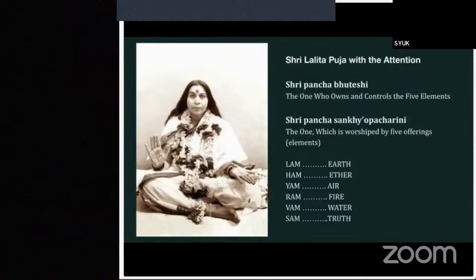So we can take our attention to the Sahasrara. We bring it up to the first point, above the Sahasrara.